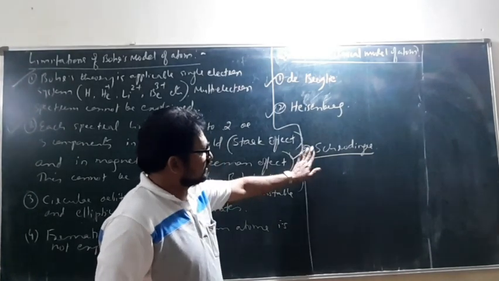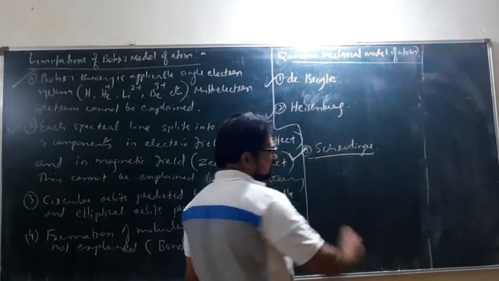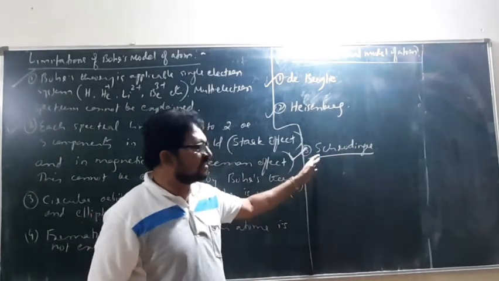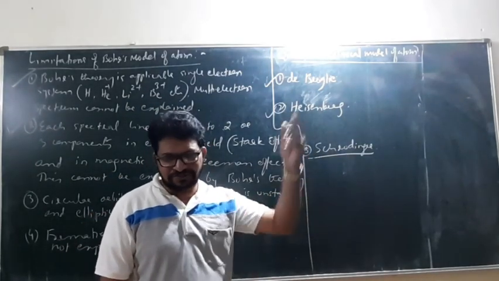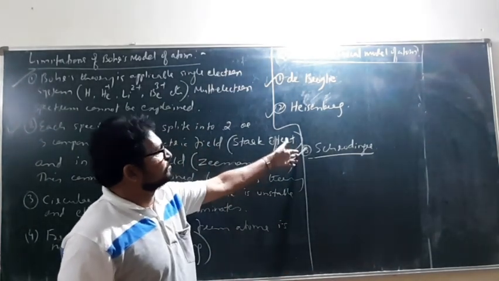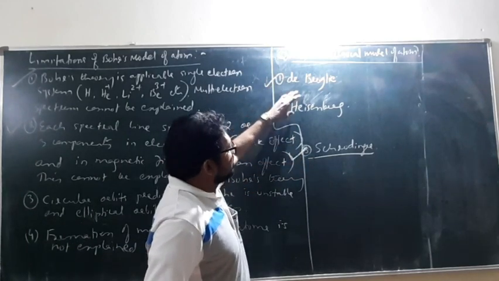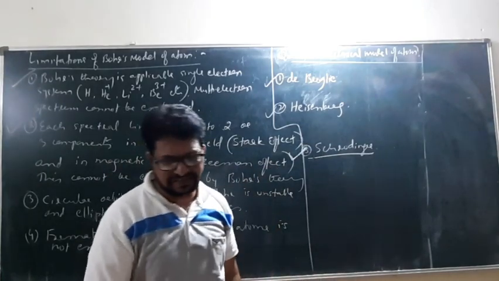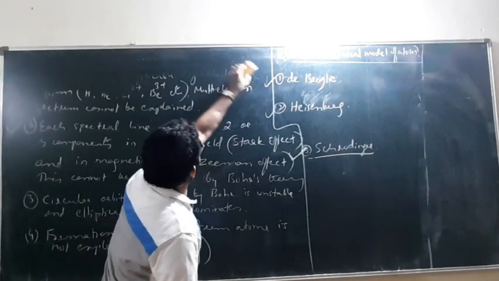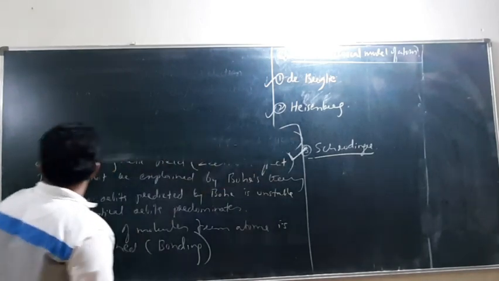So Schrödinger is another important personality. In the textbook not much about Schrödinger is given. In higher classes, for example MSc, there is a derivation of the Schrödinger wave equation, a 10 mark question; it is a very big equation that requires 3 or 4 pages. That is not going to be discussed much at the PU level, but de Broglie's and Heisenberg's contributions I will discuss. Very simple 2 mark questions, and problems are also there. So in the quantum mechanical model of atom, I have mentioned 3 important people. The first one.